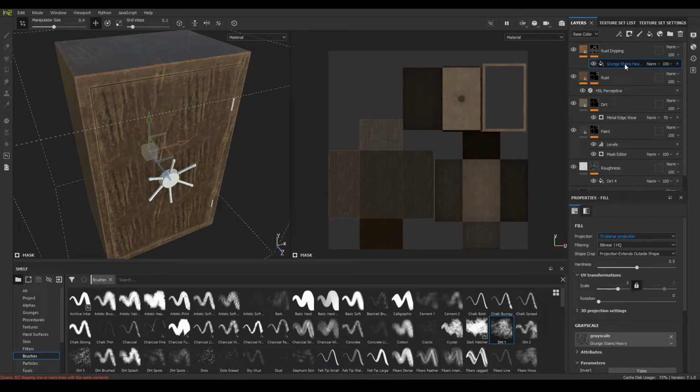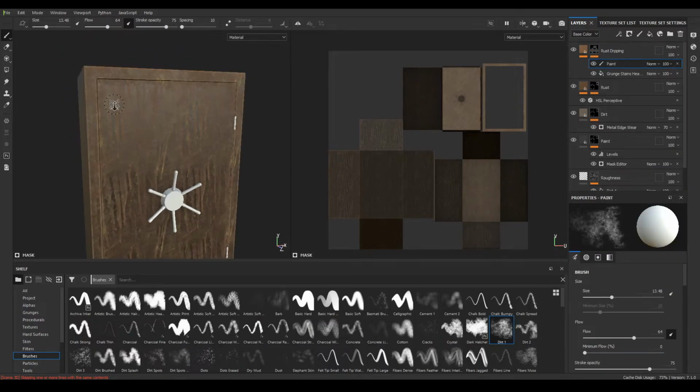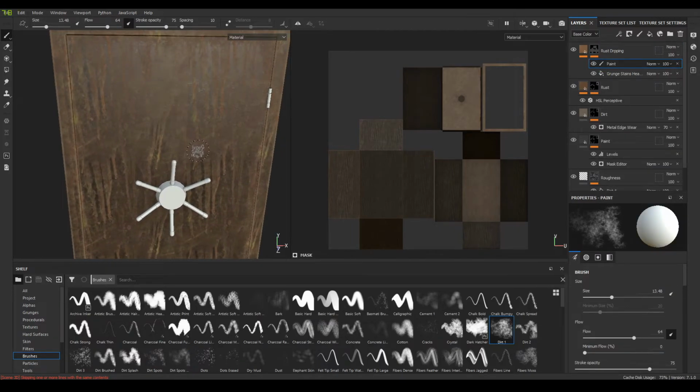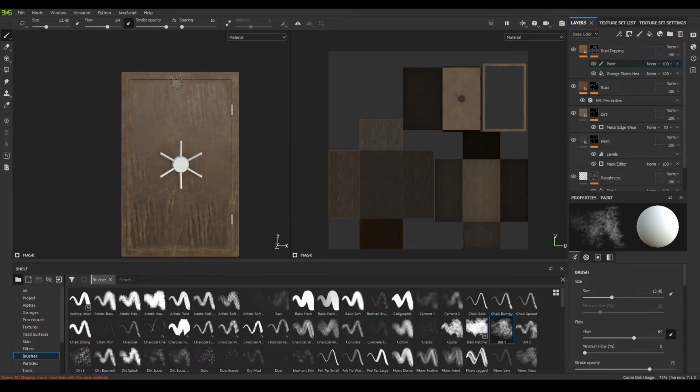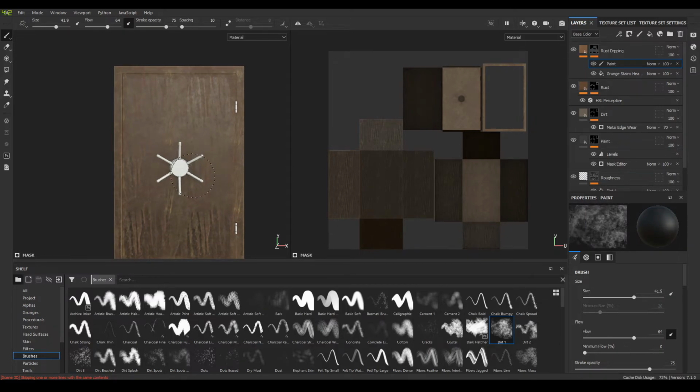Now select your grunge stain and add a paint layer over that. Now make your brush a little bigger and press X to enable the erasing mode and erase some of these rust stains.